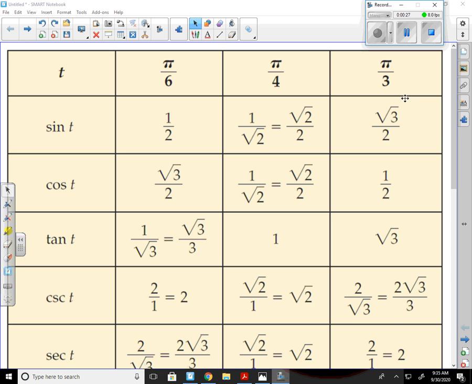Cosine, I'm not going to read the whole chart to you. You can copy the chart down. The other thing you can do is look at the unit circle. I'm putting the unit circle officially in your extra materials in your class today. So when I look at the unit circle,